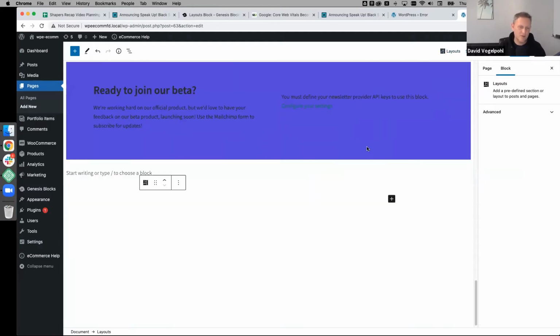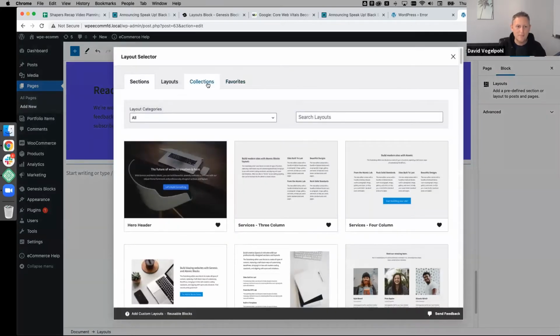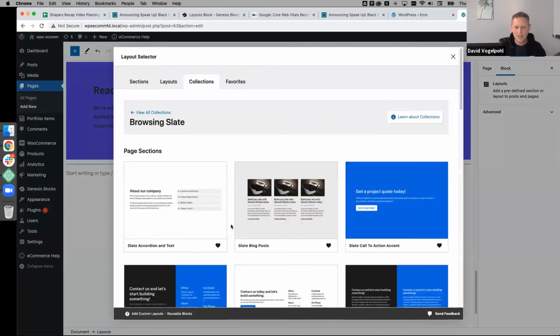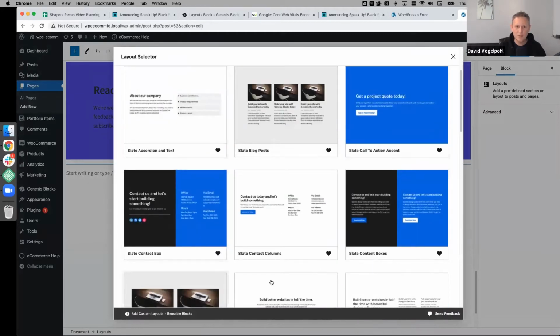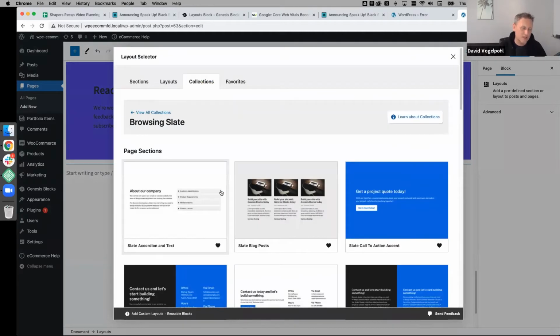Now, anyone can create a collection, but when you create the collection, it can just be the elements that are included with the collection that you're using. So you might think of this as like a theme's demo content, all chopped up and ready to use on any page. But then if you wanted to, say you're building a site for someone who's not very technical and can't deal with all this choice, or maybe you just don't want it polluting your views,